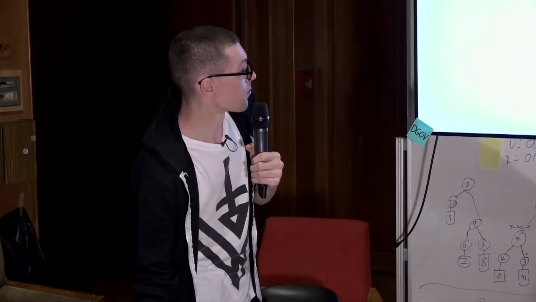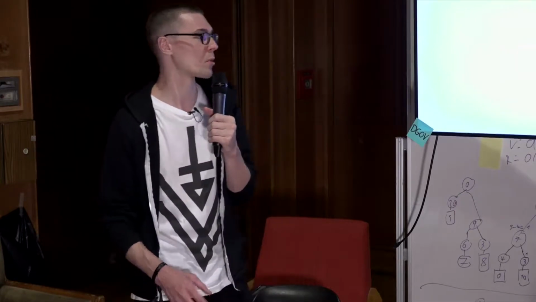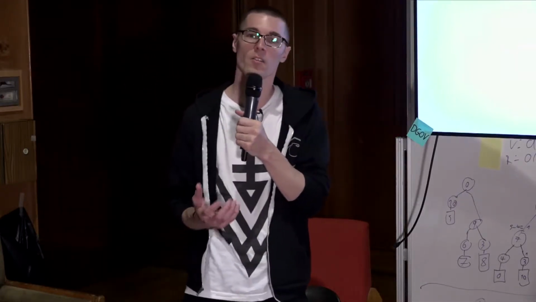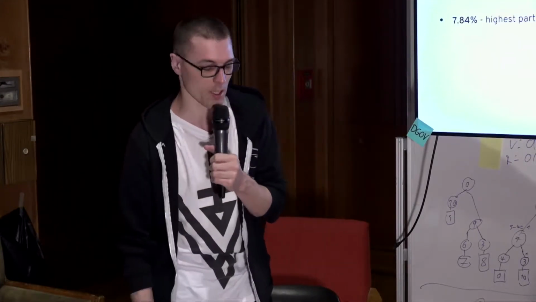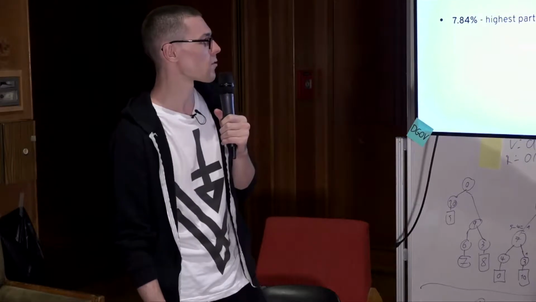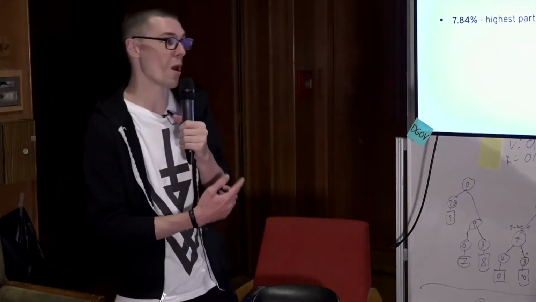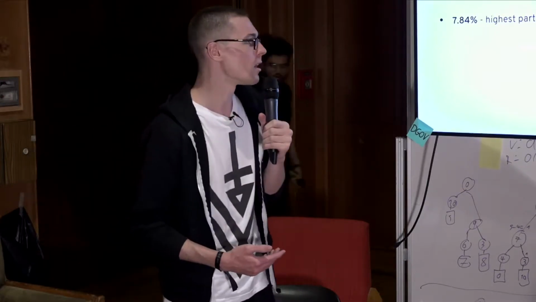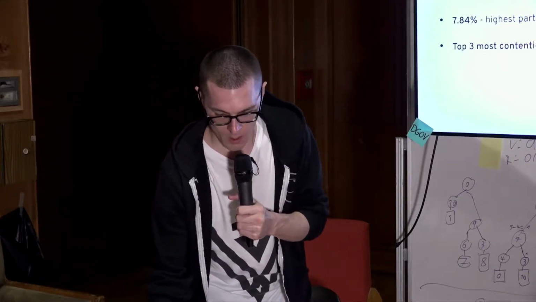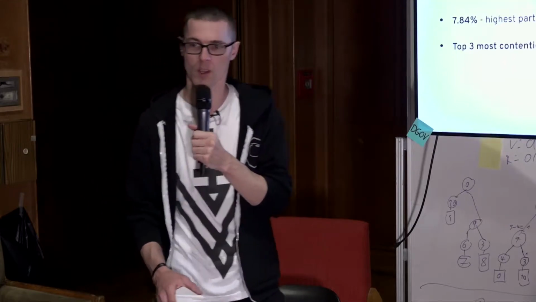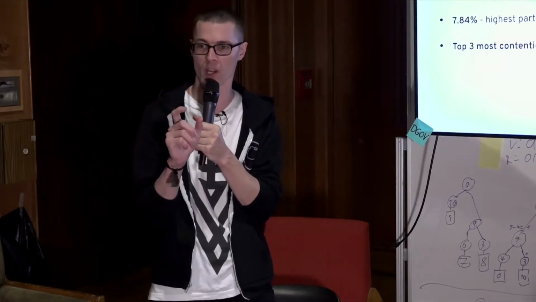Some more numbers that might be of interest. Average participation rate in terms of percentage of the total ANT supply voting is about 4.75%. And the highest participation rate was 7.84%. And that was actually just for a meta proposal to modify the Aragon governance process. The top 3 most contentious proposals, which I'm defining as proposals that are closest in agree and disagree,